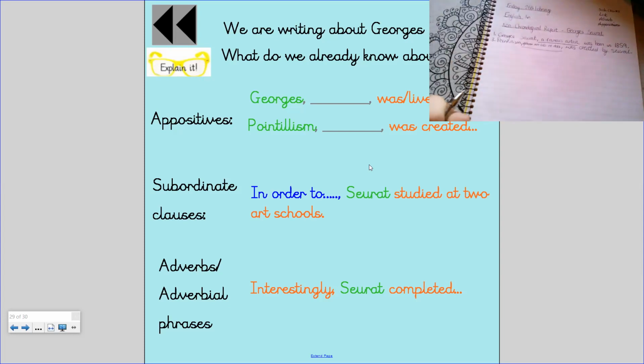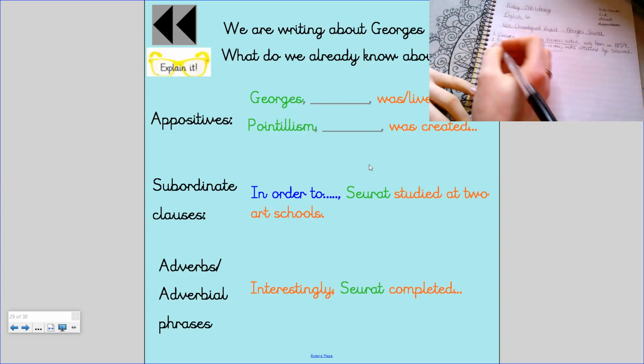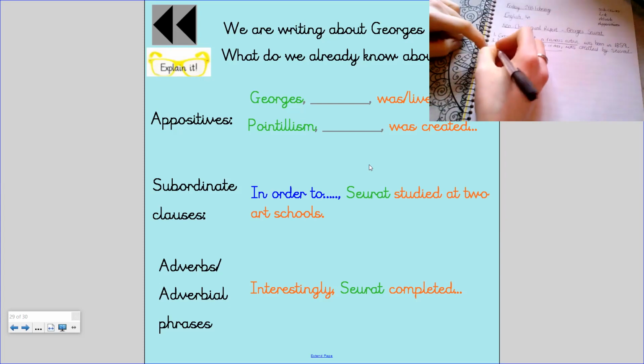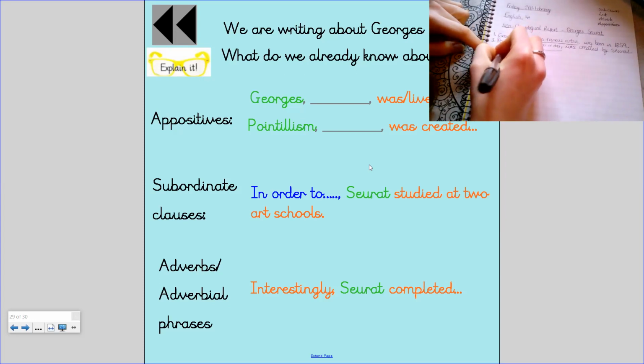Now, I'm going to have an adverb in there. And I know that actually, when he was in education, Seurat had to complete a year of military training before he could go back and do some more learning about art. So that's quite an interesting or random or different fact. I'm going to say interestingly, or randomly, maybe not randomly, or surprising. Oh, I'm going to go with surprisingly, and this is going to go in paragraph 2. I'm going to make a note of that because this is his education. In paragraph 2, I'm going to say surprisingly,